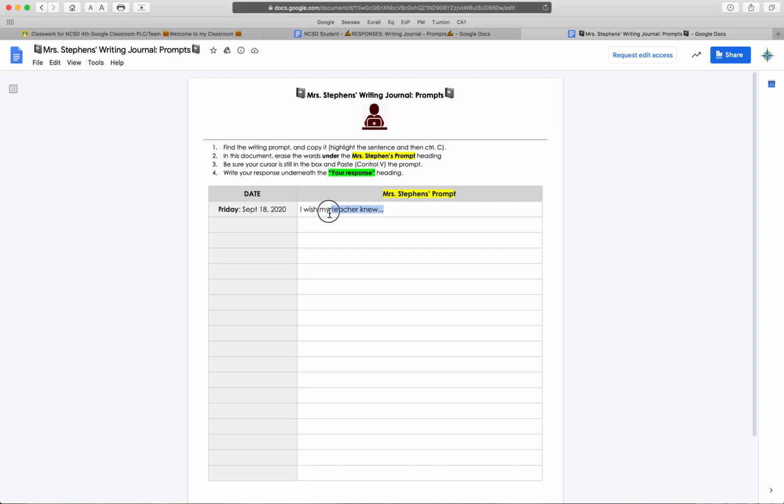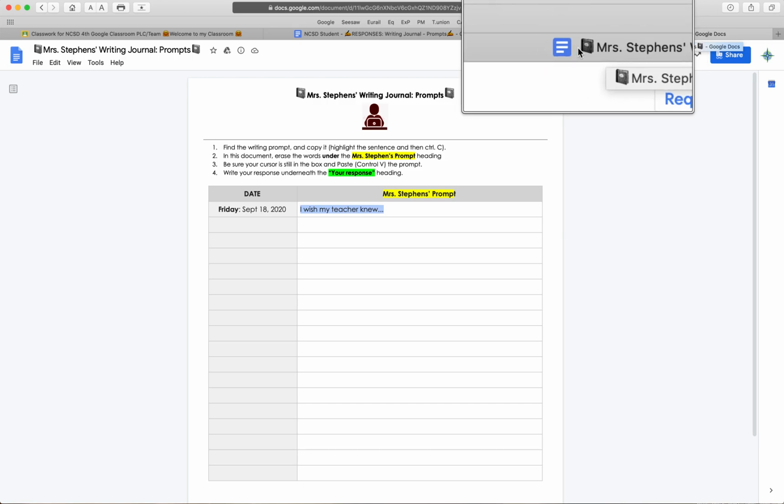So she's going to have you copy it by dragging your cursor across it and Command C if you're on a Mac, or Control C if you're on a Windows, or Control C if you're on a Chromebook. It's going to copy it, or I can just go Edit Copy. Now that I have it, I have taken it from Miss Stevens